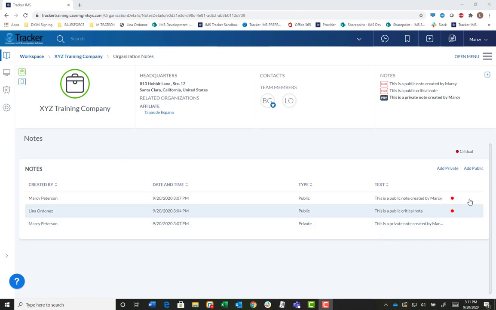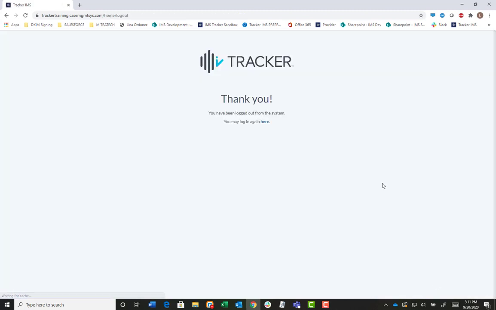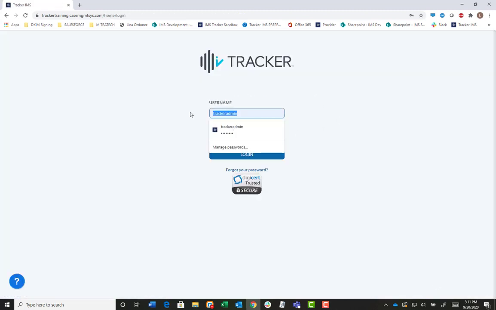The public note that Marcy created is visible to tenant users or staff members, and also visible to all organization contacts associated to the XYZ training company. However, the private note that she created is only visible to organization contacts associated to XYZ. It will not be visible to tenant users or staff members. To show this, I will log off, log back in as myself, the tenant user,